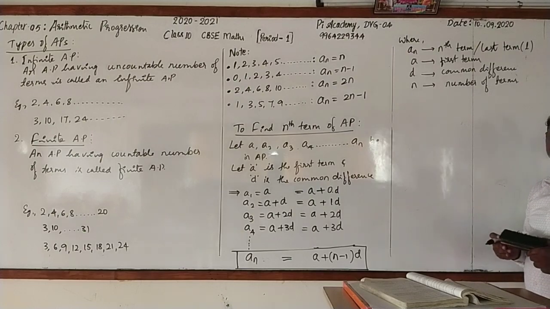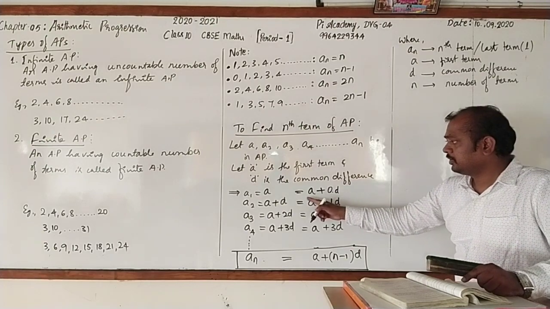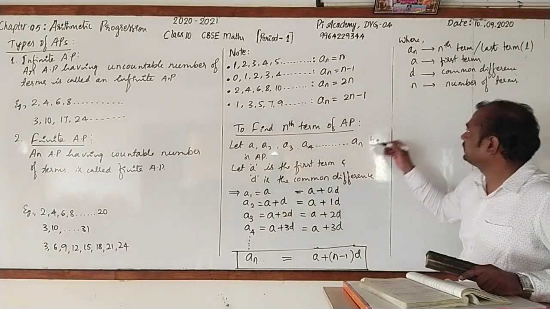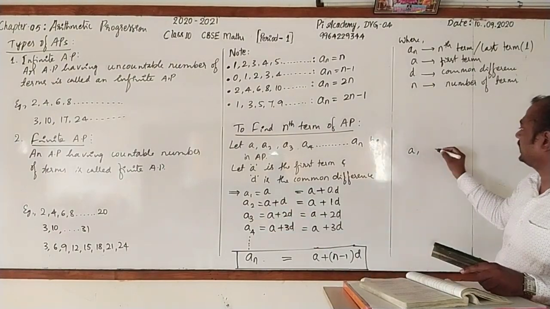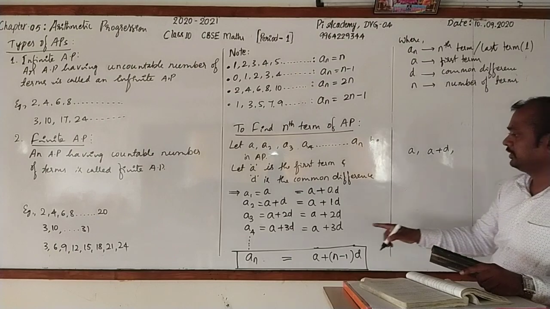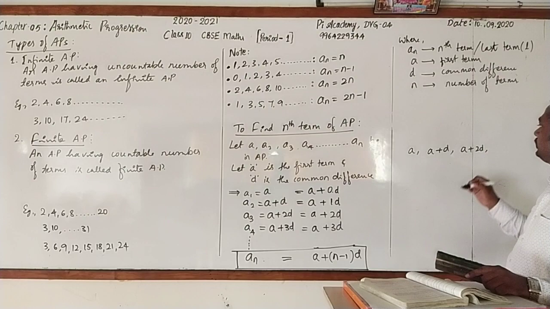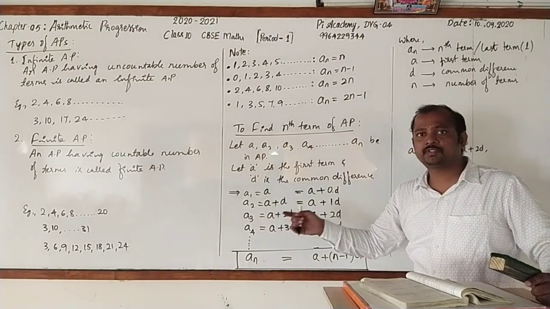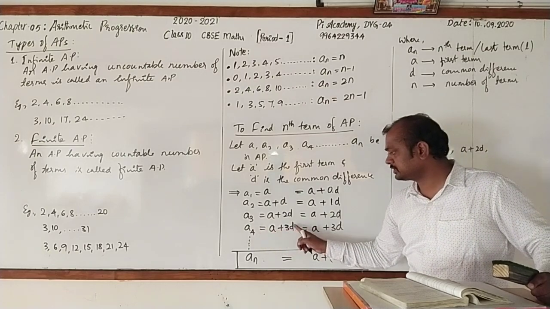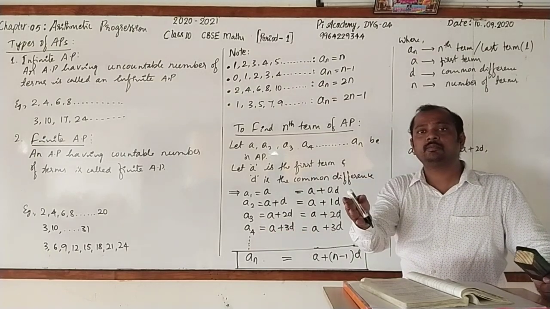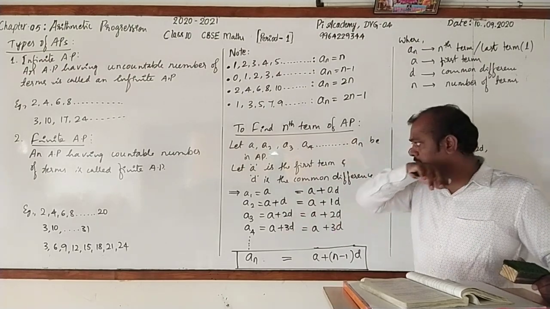Hope that you have understood. Look here. The first term A1 can be written as A. The second term A2 can be written as A plus D. The third term A3 can be written as A plus 2D. For the fourth term, see, the multiple of common difference is less by 1, so it is A plus 3D. If it is the 10th term, A plus 9D. If it is the 20th term, A plus